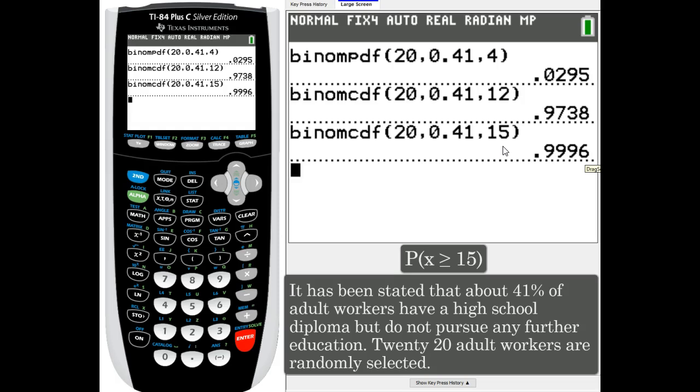So I'm looking for more than or equal to 15. So I have to say 1 minus this binomial CDF value,